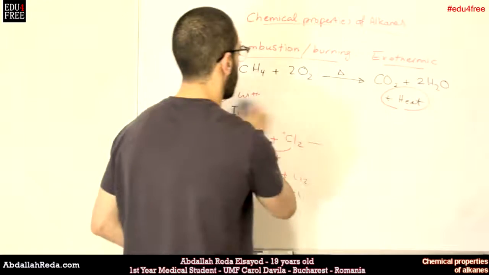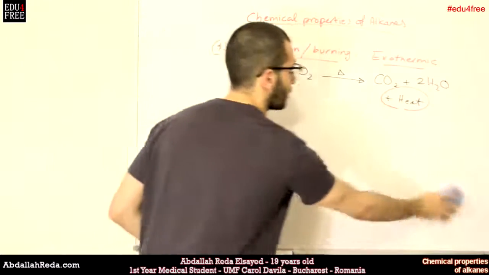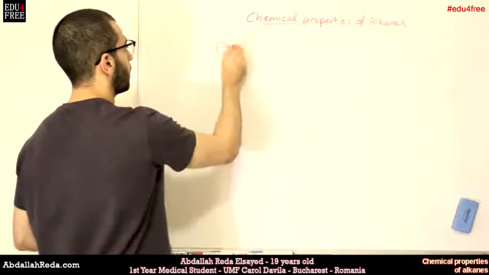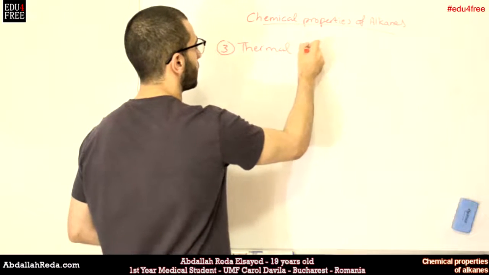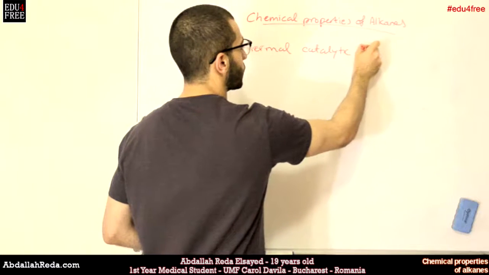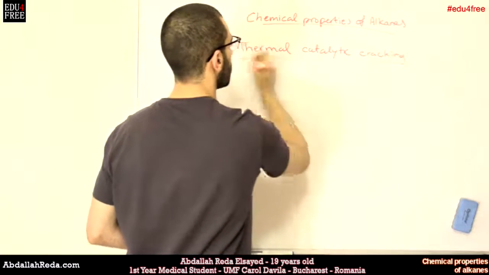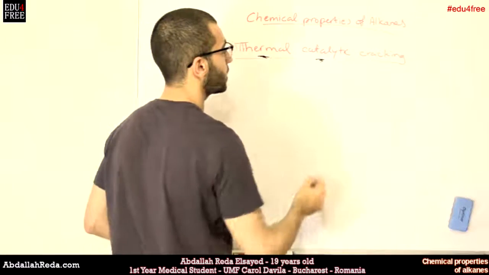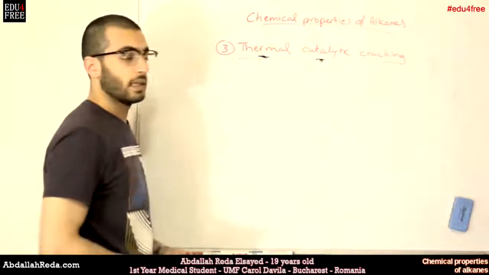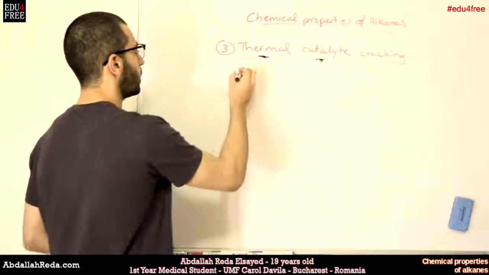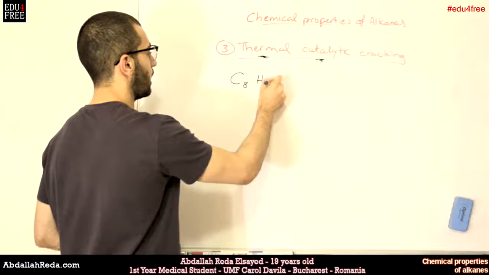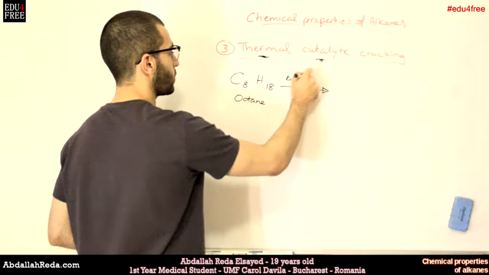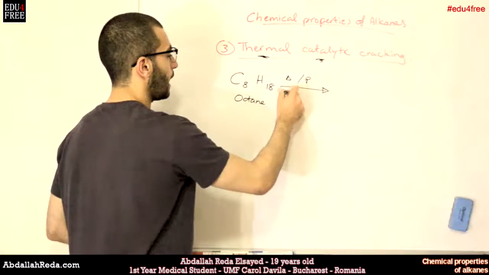The last reaction that we have is thermal catalytic cracking. This reaction will be done in the presence of a very high temperature, and in the presence of a catalyst, in order to crack down the alkanes. So if we have long chain alkanes, for example octane, which is C8H18, and we apply this reaction, so heat and pressure, actually there should be pressure and a catalyst,